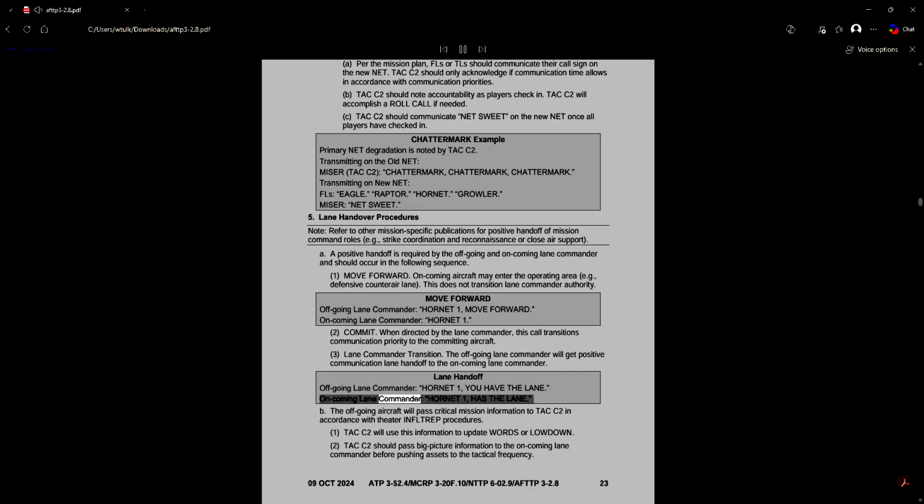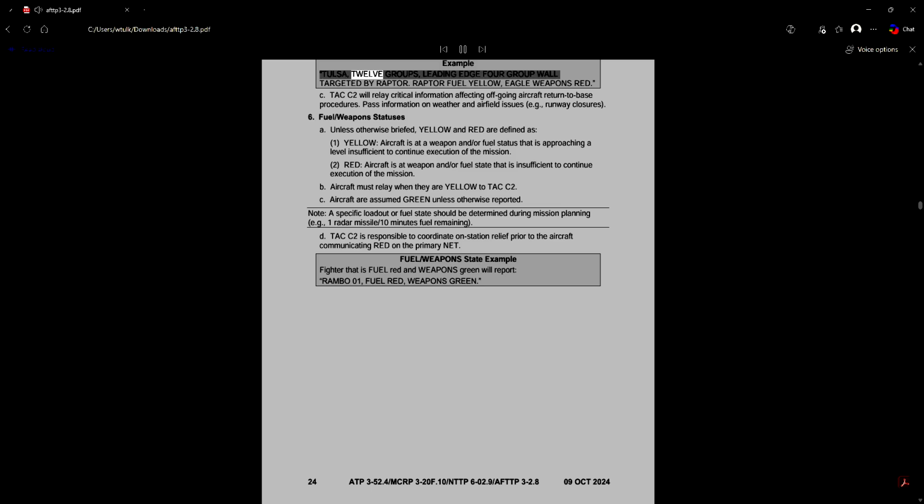Oncoming lane commander, Hornet 1, has the lane. B. The offgoing aircraft will pass critical mission information to TAC C2 in accordance with theater procedures. 1. TAC C2 will use this information to update words or lowdown. 2. TAC C2 should pass big-picture information to the oncoming lane commander before pushing assets to the tactical frequency.